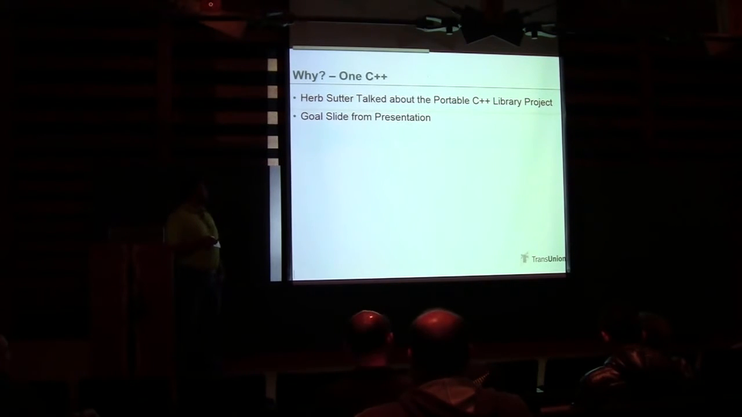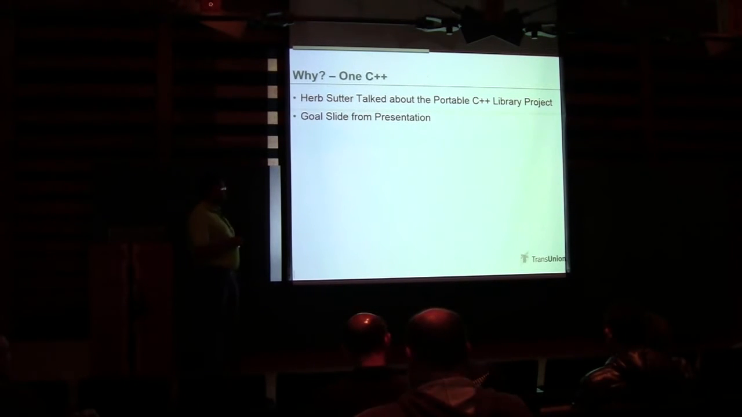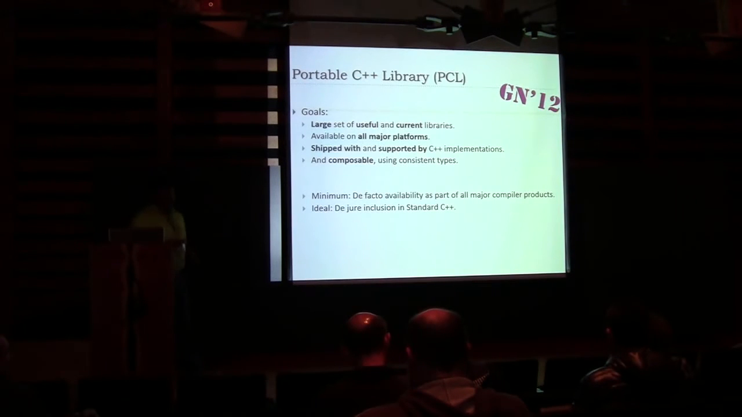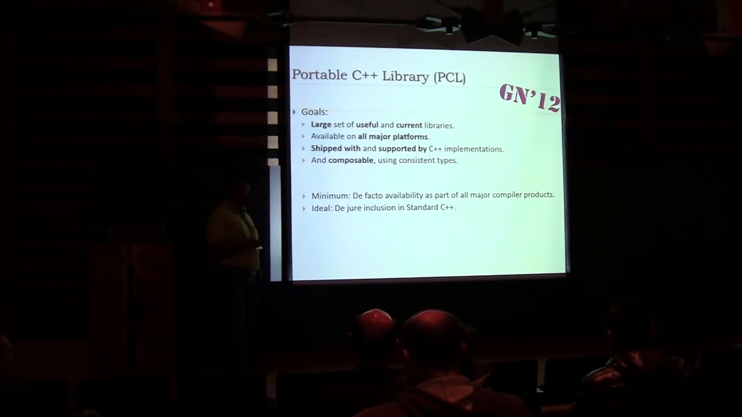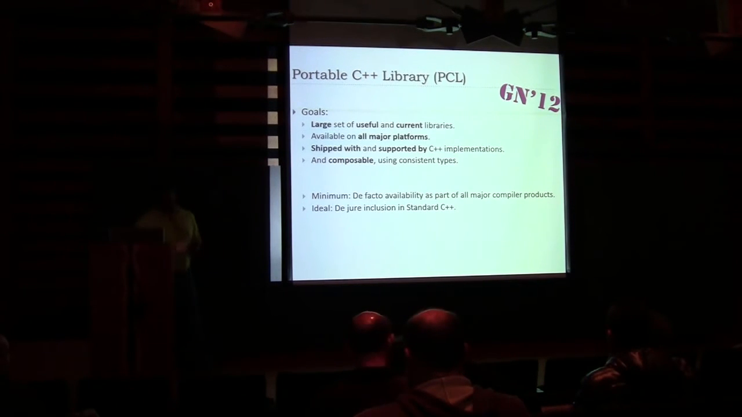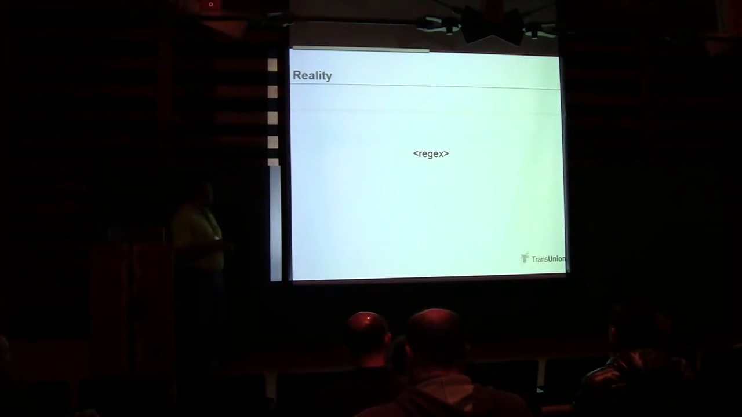Another reason why is in the, I think the Going Native talk back in 2012, Herb Sutter talked about his portable C++ library project. Here's his slide. A large set of useful and current libraries available on all major platforms, shipped with and supported by C++ implementations, and composable using consistent types. Basically, you wanted de facto availability as part of all major compiler products. As a way around building everything and not having everything, and why did the other languages have just much bigger standard libraries than C++? The reality,